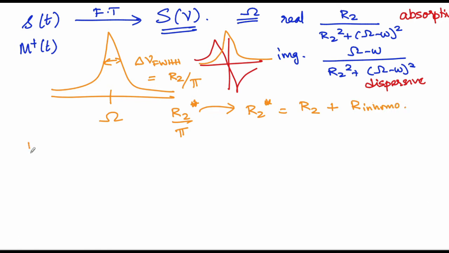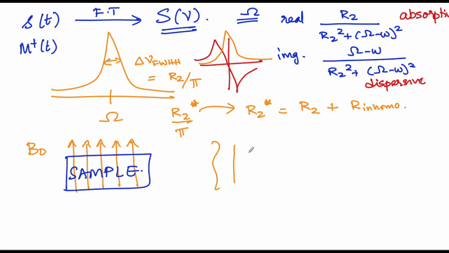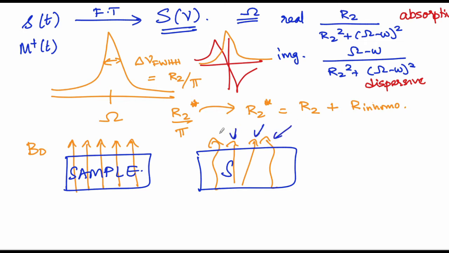Meaning, let's say you are applying a B0 field, you expect the lines of force that traverse through your sample to be as parallel as possible. Let's say you had a condition that looked like this, where you are able to see the magnetic lines of force are not parallel to each other. This will result in the different spins present in your sample ending up seeing different B0. Remember, this is in addition to the shielding that you were introduced to in the previous lecture. So what this results in is that each spin has its own different effective field that it observes, which comes up due to the inhomogeneity of the magnetic field.